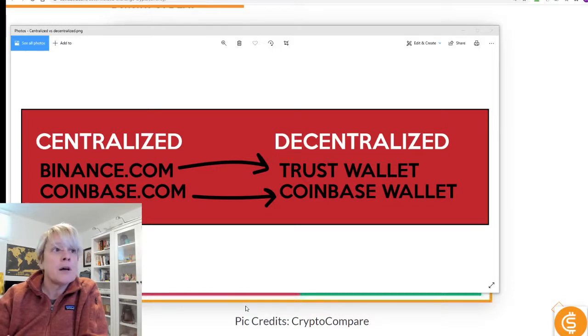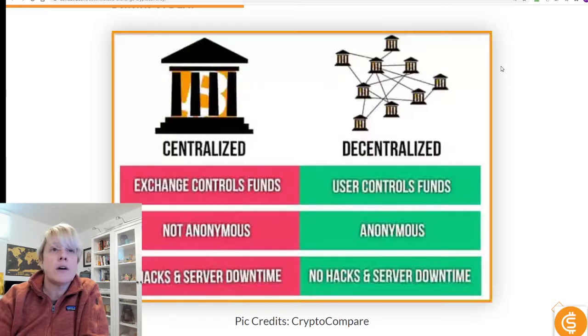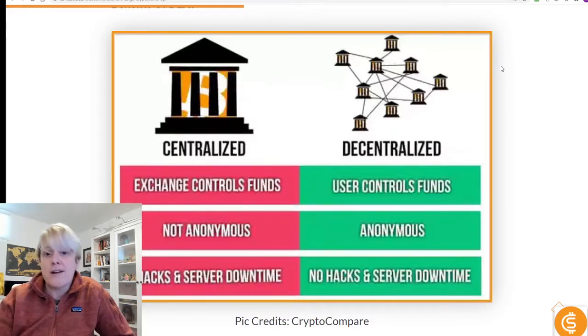On the same hand, Coinbase.com is a centralized exchange, and Coinbase Wallet is a decentralized exchange. So I bet a bunch of you didn't know there was a difference between Coinbase and Coinbase Wallet and what the differences are. So we're going to talk about that a little bit. I have a chart here that kind of outlines the differences between centralized and decentralized, and this comes from a great article that I'm going to post a link down below. And really, the article itself gives you a really in-depth explanation of what the differences are. So in this video, we're just going to kind of go over some of the quick differences, and you can read the article to get more information.